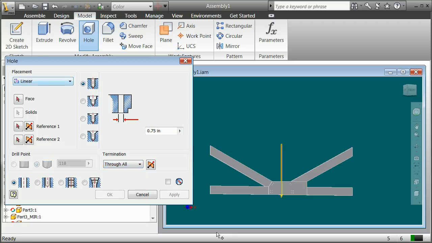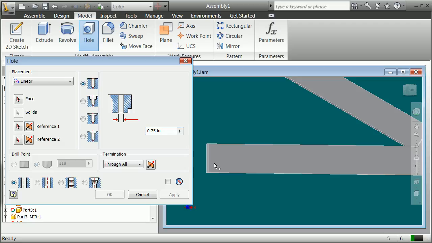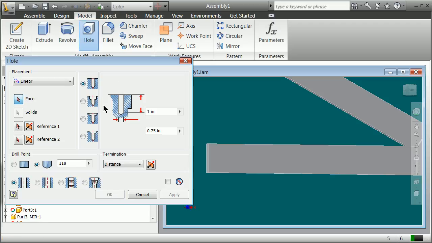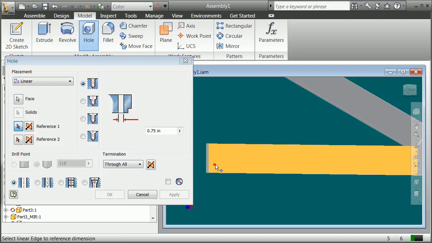I'm going to go ahead and do linear, so I'm just going to grab a point, linear, hit cancel here. I'll try again, hole, linear, through all, face is what I missed there. I'm going to grab a face there, linear,